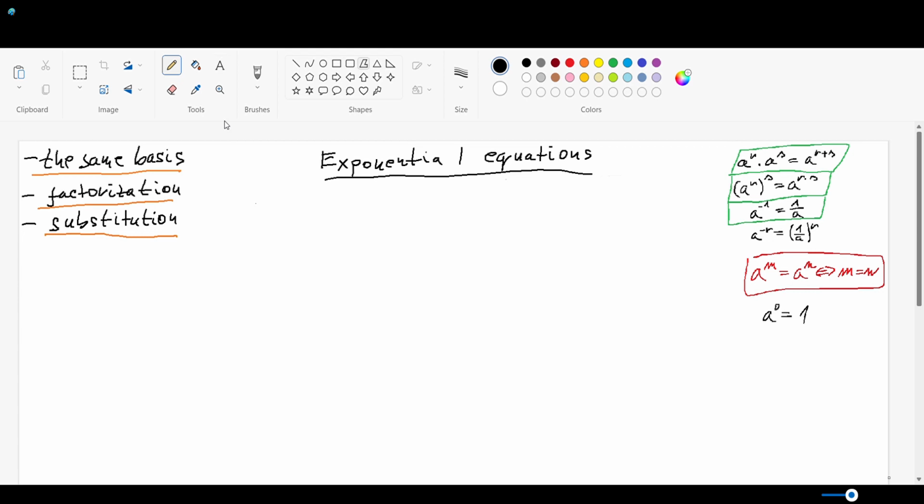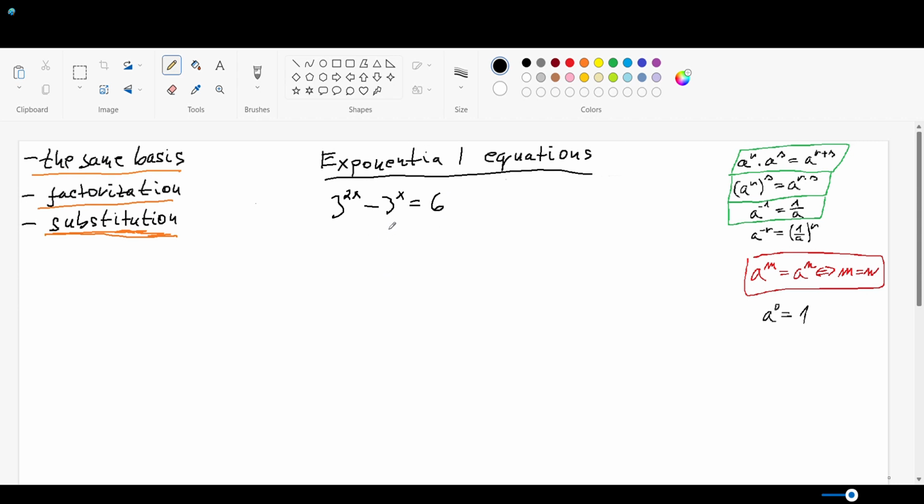Hello everybody. In today's video I'm gonna continue with the exponential equations, and in this video I'm gonna show you how to solve the exponential equations by substitution, and how you can realize that it's really good to solve the equation by substitution. So let's solve the equation 3 to the power of 2x